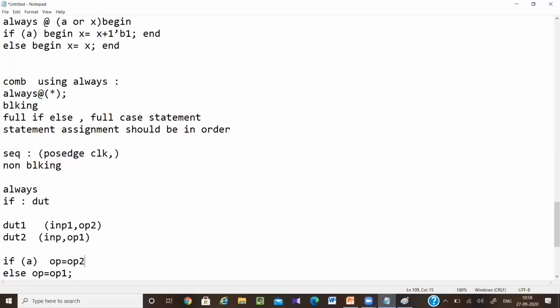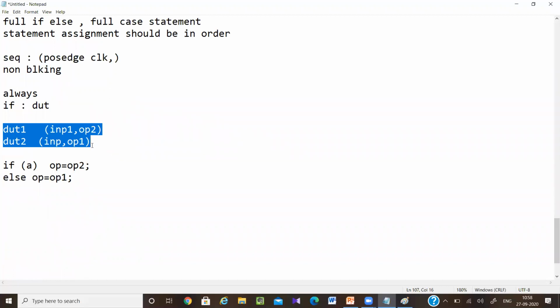This I can do. From the compilation time only, my modules are present. Depending on some condition, I am using the outputs only, but hardware is already present. It is not possible that hardware is initially not present and, depending on some condition, it will be present. That is not possible. So that's why we cannot use these things.